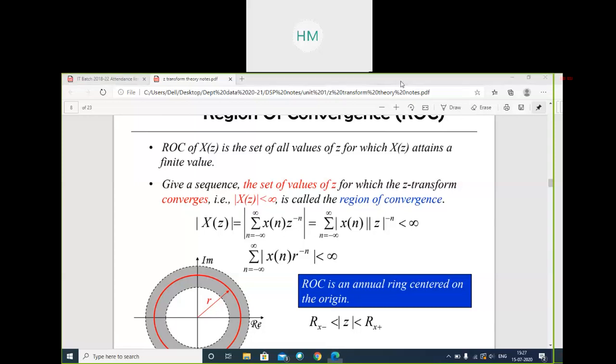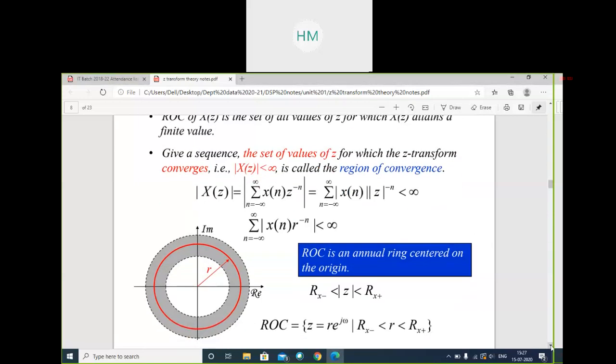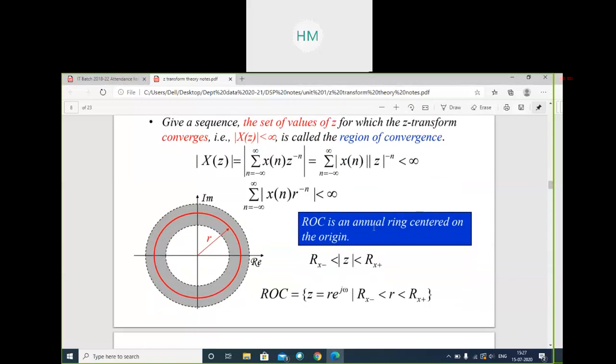And if you have any doubt, you can ask. So how will we plot ROC, region of convergence? This short note can be asked in ROC. You can write all these things. X of z, magnitude of X of z. X of z equation is summation x of n z to the power minus n. What I am doing, I am taking this magnitude sign inside the summation. I have put these magnitude signs. We have to prove this ROC. How are we finding out ROC? So it is less than infinity for X of z. So this equation is proved over here. Z is equal to r.